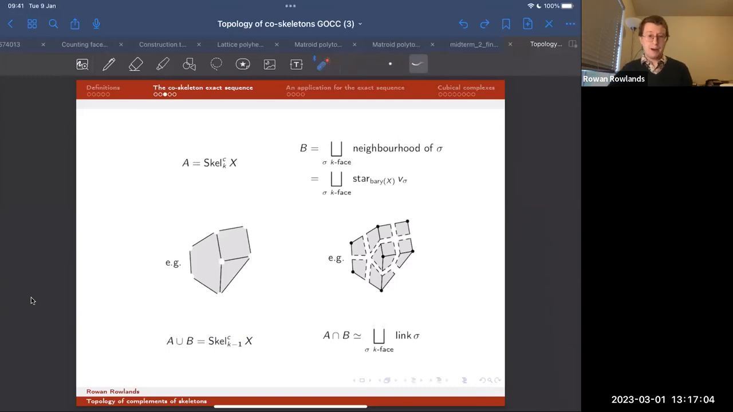All right, so to apply the Mayer-Vietoris theorem, we don't just need A and B, we also need to consider the union and intersection of A and B as well. So let's think about those for a moment. For the union of A and B,